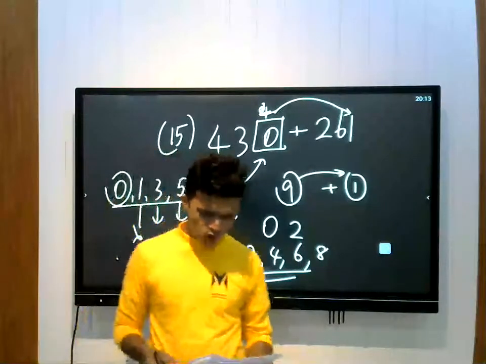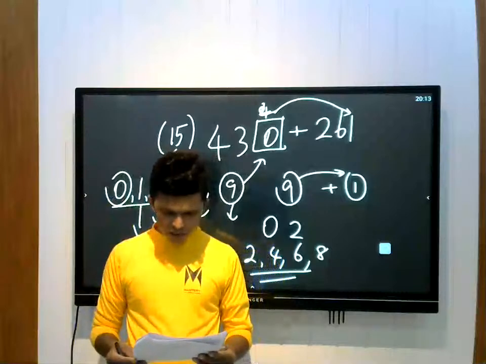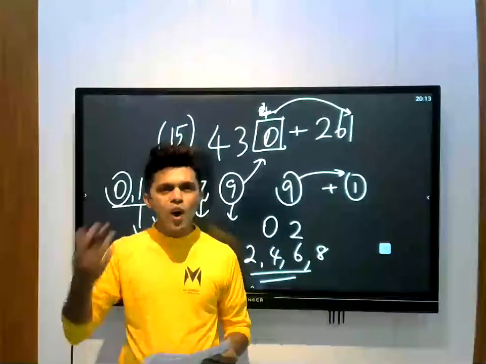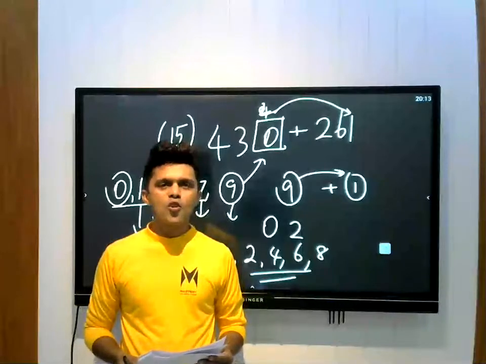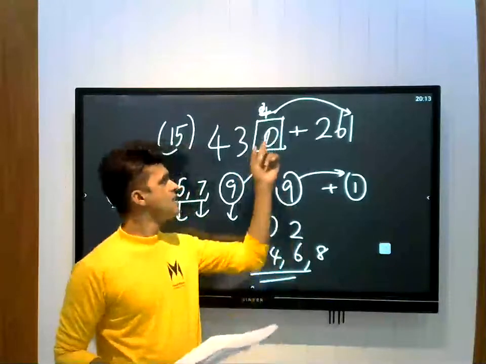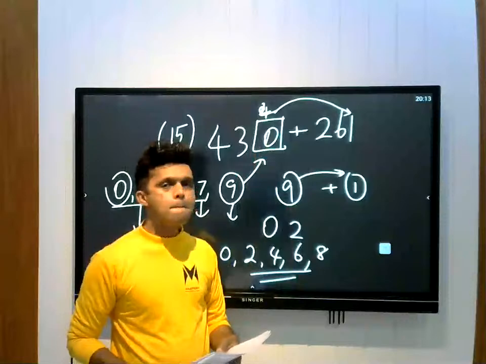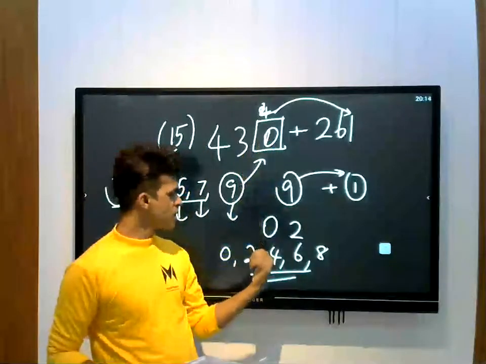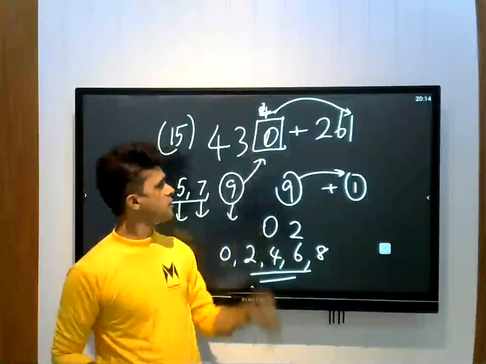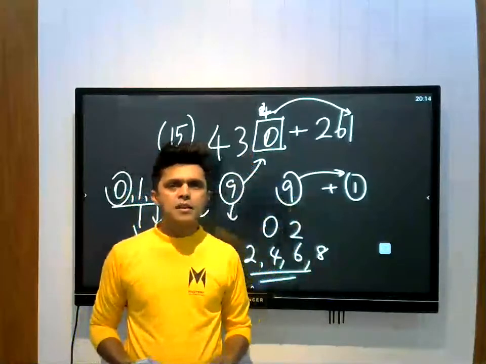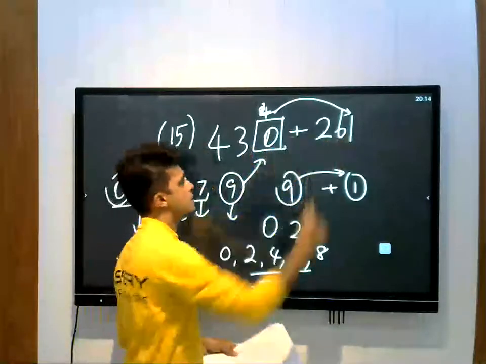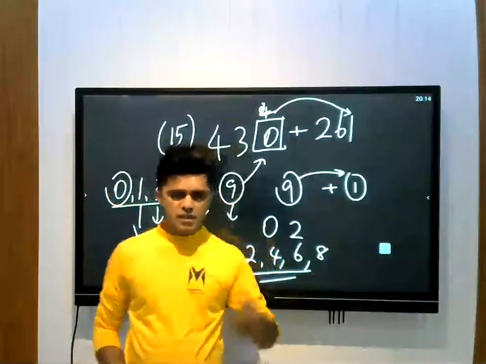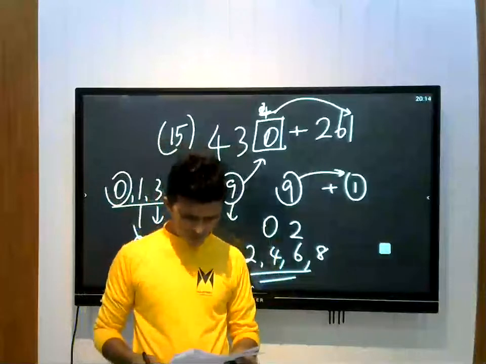Don't forget this. You need to get an odd number here, right? So as to get an odd number, we need to enter the digits into this box. You need to write, including 0, all the even numbers. Even number plus even number, even number plus odd number, that is an odd number. And previously I taught you that.